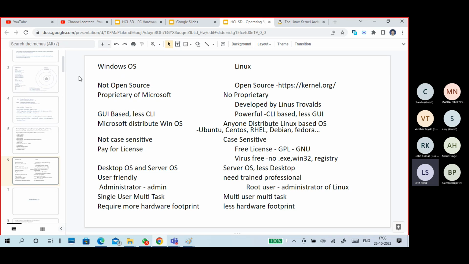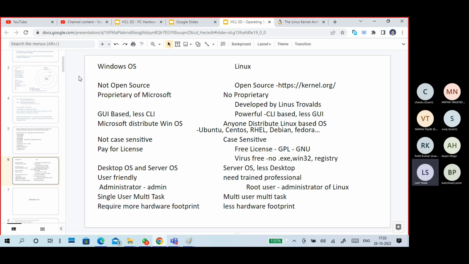You can take it, develop it, and distribute it. So that is open source. You can take the Linux kernel, develop your own operating system, and distribute that operating system as you want.